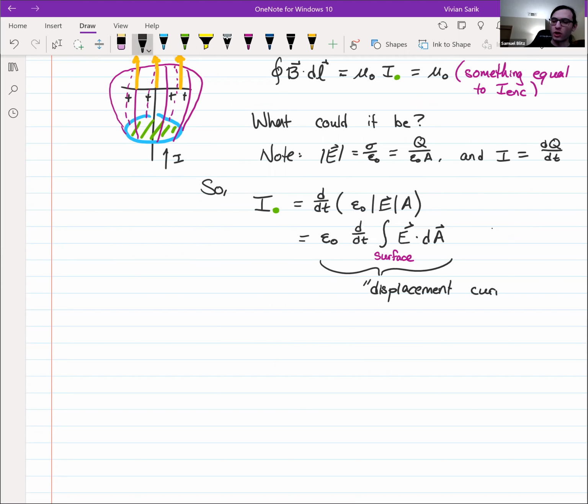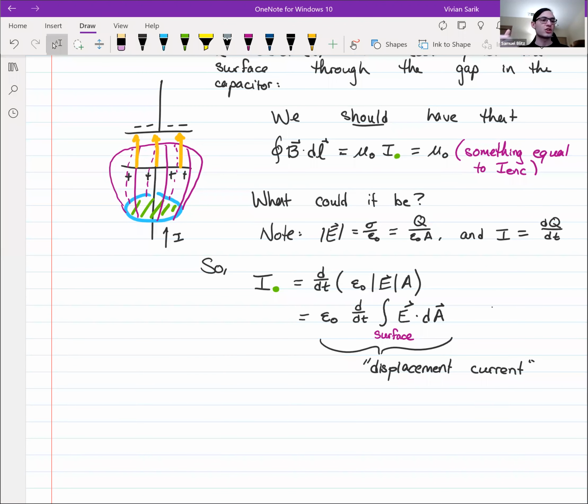And the reason it's called that is because the change in the electric field behaves precisely as if we had taken the current passing through the green one and had put it here. So there's no actual current passing through the purple. Yeah, we'll get there. There's no actual current passing through the purple surface. There's just an equivalent amount of change in electric field, which is exactly how much you would expect if there was